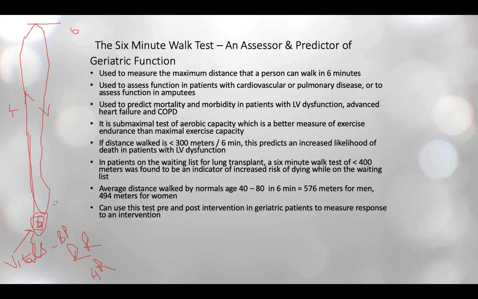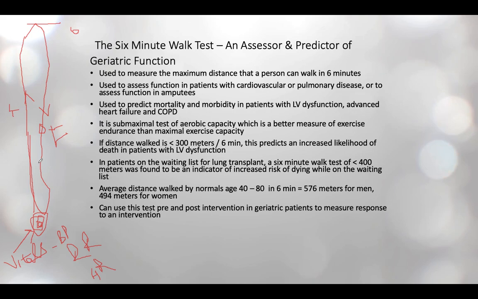मान लो ऐसे ऐसे चलते चलते 6 मिनट्स हो रहे हैं. As soon as the patient reaches over here, 6 मिनट्स खत्म हो गए, finish. अब आप ये मेजर करो कि ये जो डिस्टेंस था, was it 300 meters or not. अगर 300 मीटर्स से कम है, that means the patient is having some problem. अगर पेशेंट को बहुत फ्रीक्वेंट ब्रेथलेसनेस एंड फटीग सिम्टम्स आ रहे हैं, in between he is taking lot many pauses,